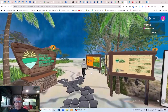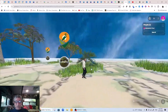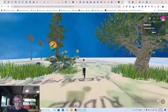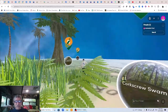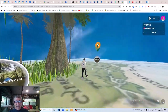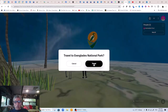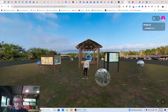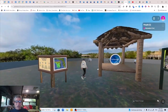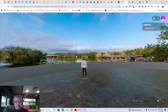So the other ones around here, like Disney Wilderness Preserve and down to the Everglades, you can visit, and we encourage people to come in and visit each of these portals and enjoy that walk, seeing the wildlife with the sandhill cranes here. We'll go to one more. Let's travel to Everglades, check that out. And here we are. We're waiting for the skybox to load. Okay. And so once again, this is what it looks like when you're there. It's a full 360